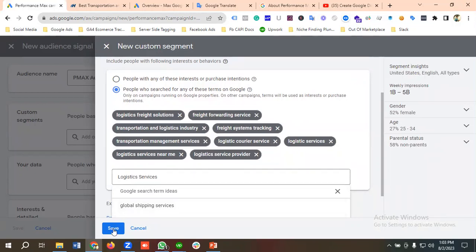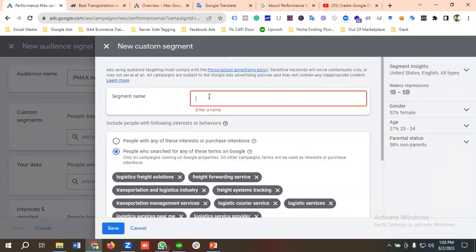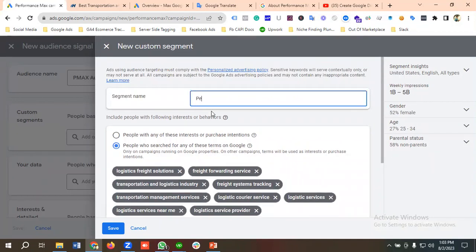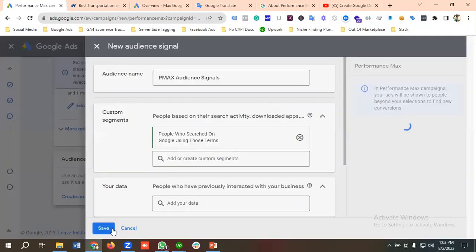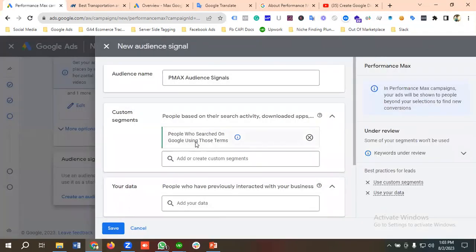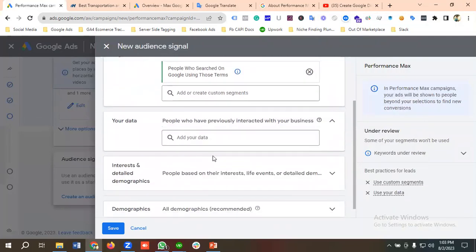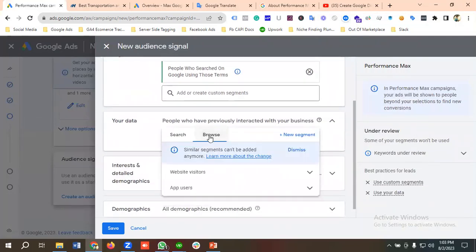Okay, so I'll click on save, and I have to name it, so I'm going to name it people who searched on Google using those terms. Then I'll click on save. Okay, so I'll be using these custom segments, and from the your data segment, I'll go to the browse sections,